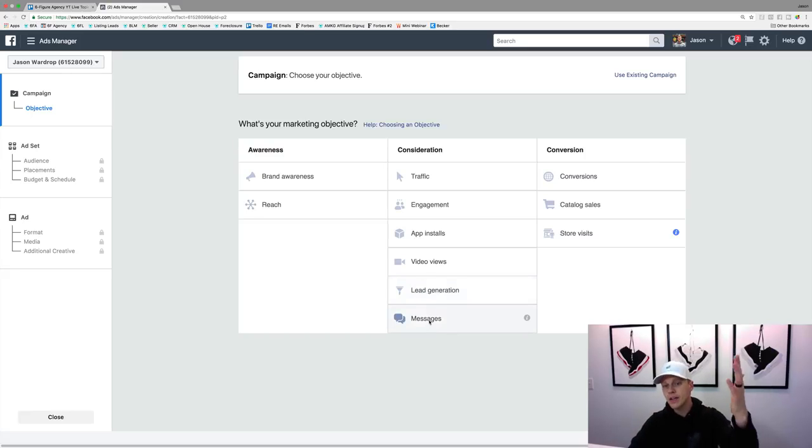Right now, messages, this is a newer one, but this is really hot right now. They click, hey, I'm interested. The call to action is send message, and then it starts a conversation in your Facebook Messenger. Okay, and I've seen some crazy awesome results with Facebook Messenger. And then conversions right here, this is diving a little bit deeper, and I've got several other videos on this,